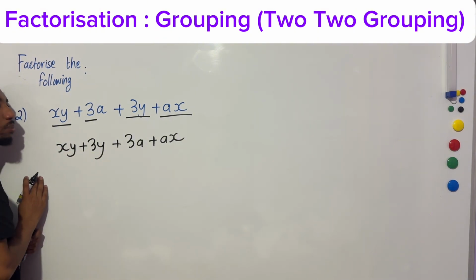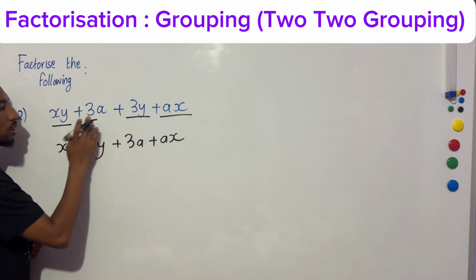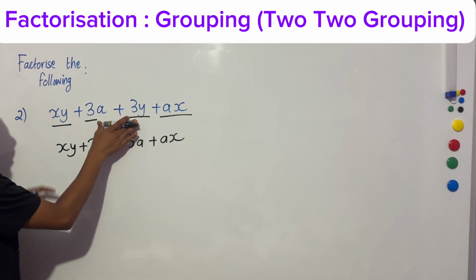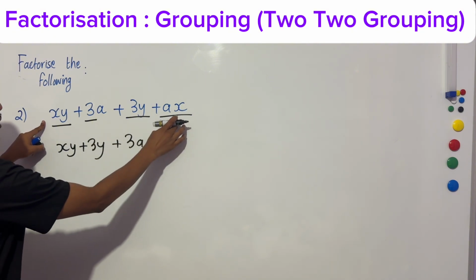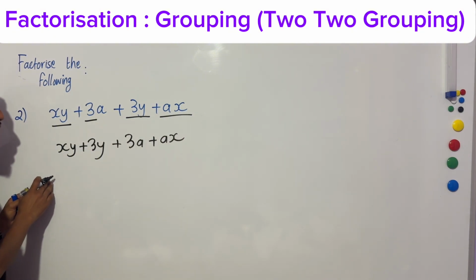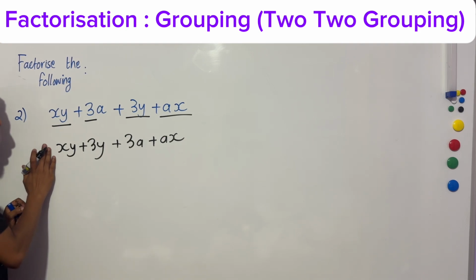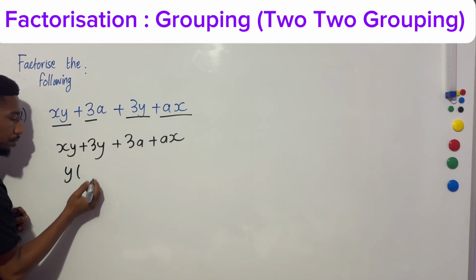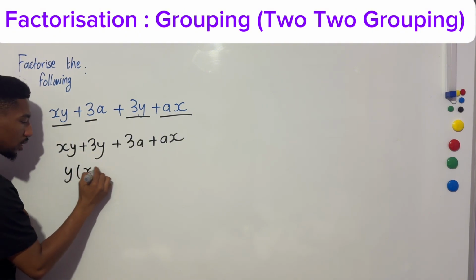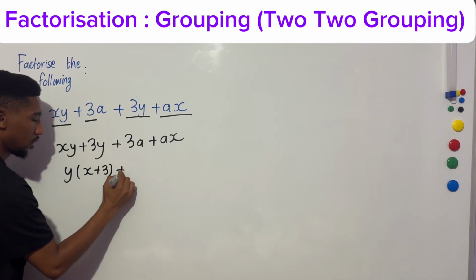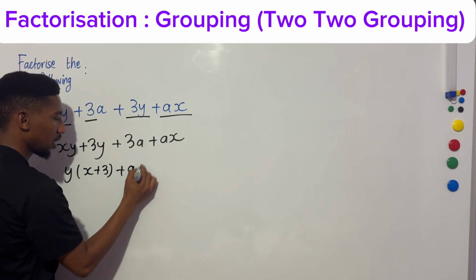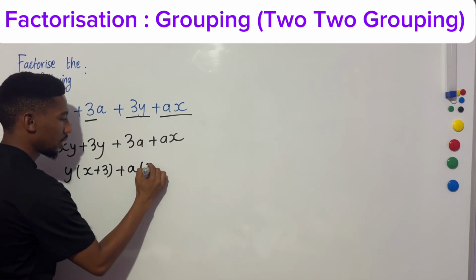Now you could ask me, what about, sir, I see a common 3 over here, but if I look at these two, the common factor is x. Before we do that, let's try this one first. So we have y in brackets x plus 3, that's the common factor y, and over there the common factor is a, brackets 3